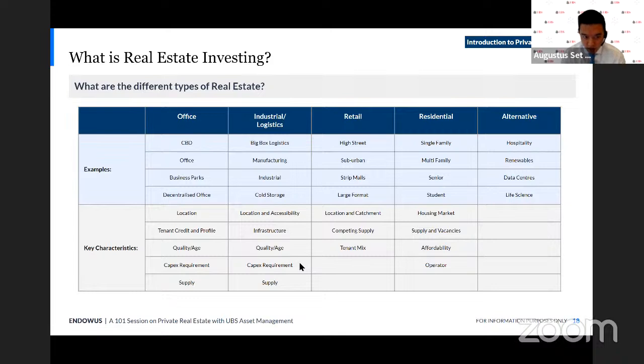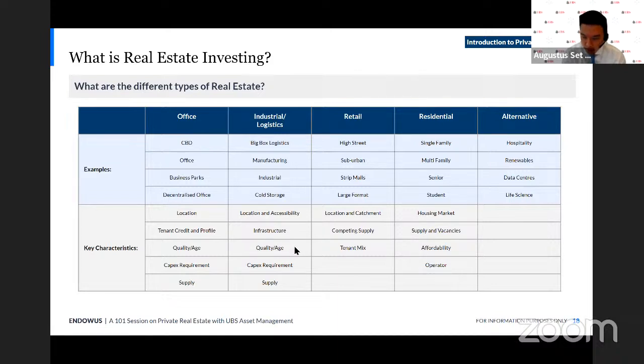In retail as well, right? When you think about location, it doesn't always have to be super central in the CBD. It might be a bit further out location, but somewhere that might service a few different suburban populations, somewhere that has a very dense population and strong population growth. That would mean continuing business for your retail asset that people would walk through and spend money in.